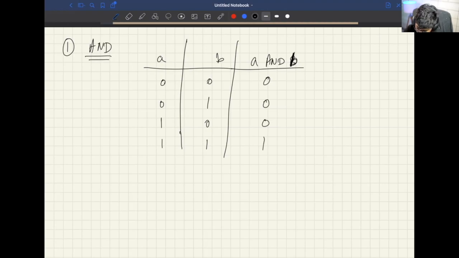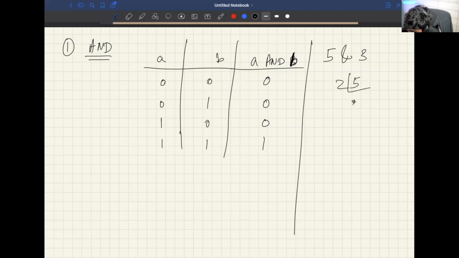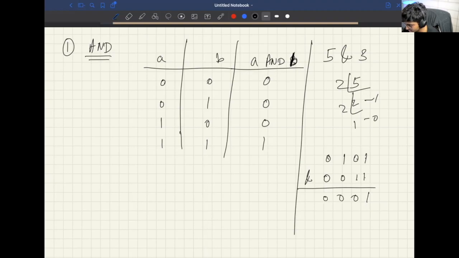Okay. So for example, if I'm saying 5 bitwise AND 3, what is the representation of 5 in binary? Divide by 2. 2 2s are 4, 1. 2 1s are 2, 0. So it's actually 0 1 0 1. And what is the representation of 3 in binary? 3 is actually 0 0 1 1. I just need to do an AND of this. What is the AND of this going to be? 1 and 1 is equal to 1. 0 and 1 is equal to 0, 0, 0. This actually gives me 1. Does that make sense? Sound good to everyone? Okay.